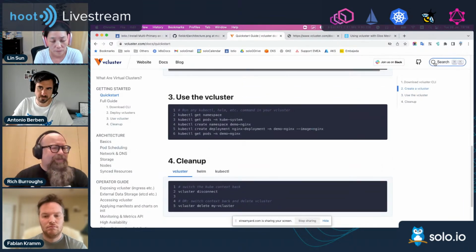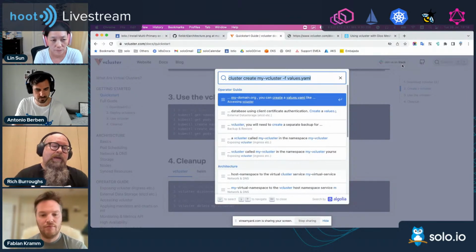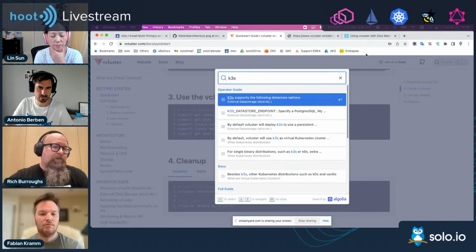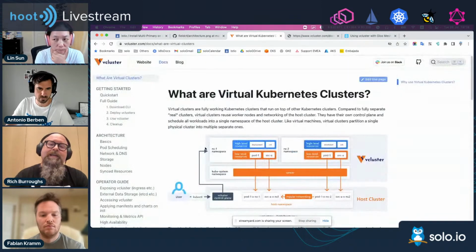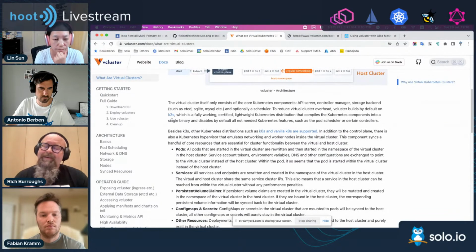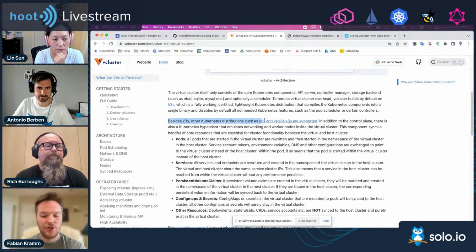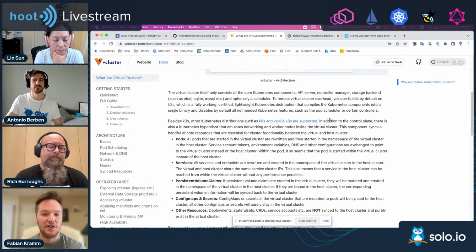Like maybe you want to have something more like the production environment that you operate in, or maybe you've been given access to a shared cluster and you want to run a vCluster inside of it. But in terms of the basics, like how to fire up a vCluster for the first time, it's really, really easy to do. Like Rich said, it's essentially just downloading a binary, running a single command, and then